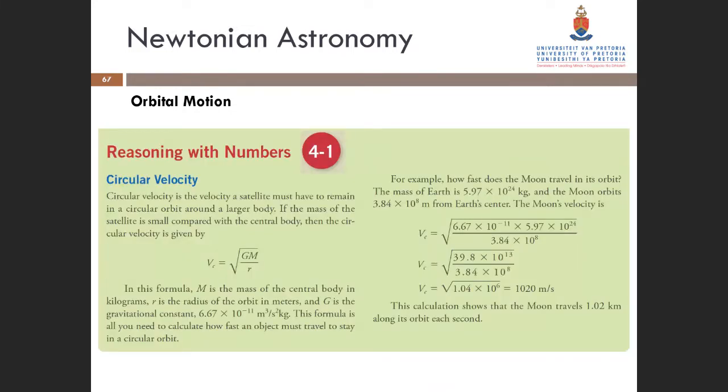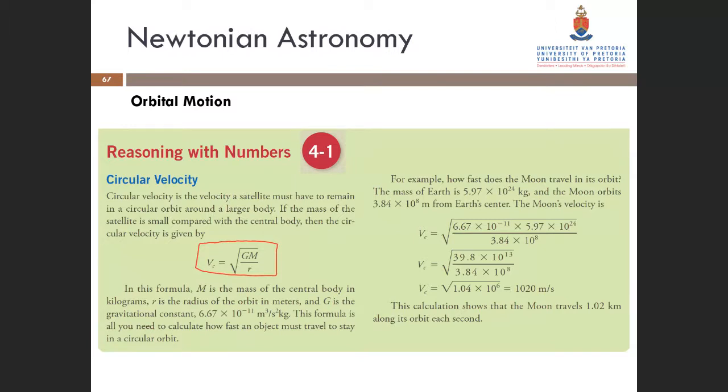So now we have a little example that you all should remember and pay attention to. So in a textbook, there's reasoning with numbers that is important. So here we have circular velocity. Circular velocity is the velocity a satellite must have to remain in a circular orbit around a large body. If the mass of the satellite is small compared with the central body, then the circular velocity is given by the equation. So circular velocity equals the root of